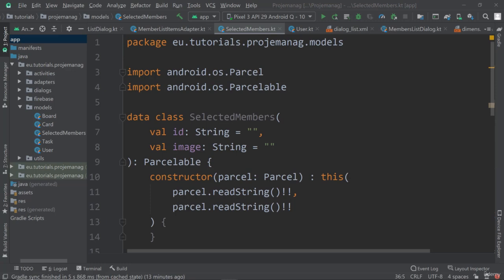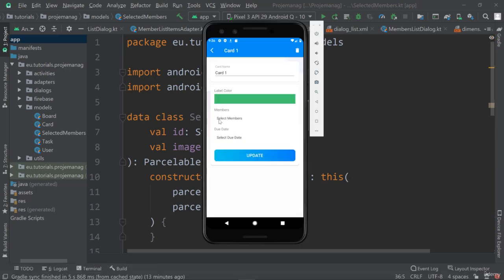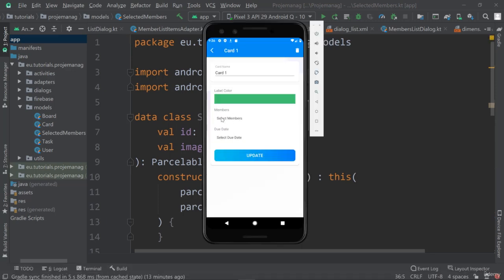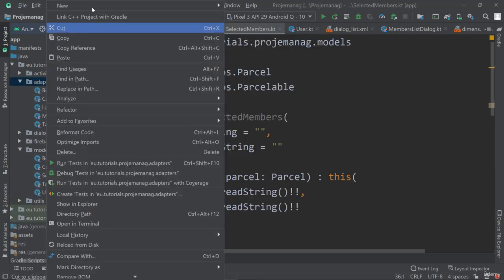Then we need another adapter, because we want this to be displayed as a recycler view, right? So here on the members, select members currently is a text view, but it should be a recycler view. And if you use a recycler view, you of course need to have an adapter, and that's exactly what we need to prepare now. All right, so let's go ahead and create a new adapter here,